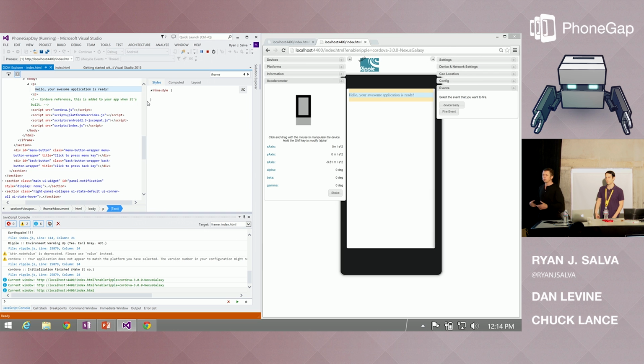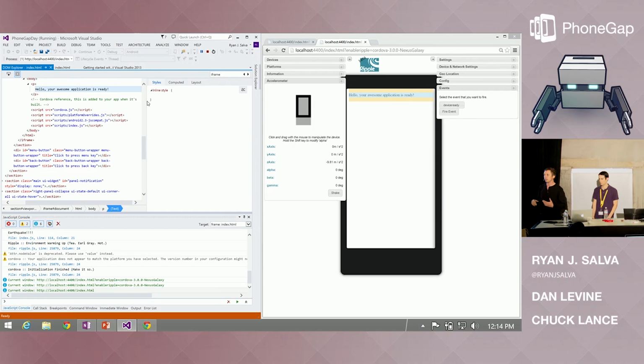But effectively, Ripple is a simulator that lives inside of Chrome. It basically displays all of your application data inside of an iframe, inside of the Chrome instance. From here, it intercepts all of the plugin calls and provides some scaffolding and some polyfills that fake out any of the plugin responses.